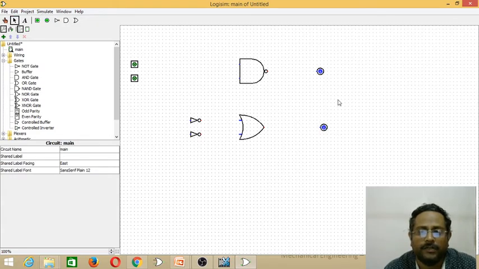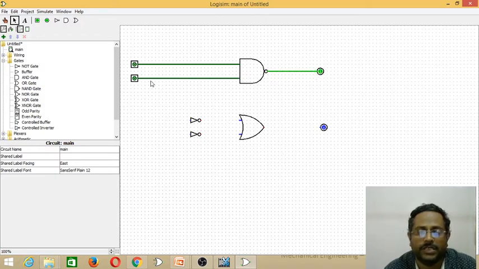Next, after placing all these components, we have to wire them. For wiring, just drag the green color dot which is available on each component like this. Like this, we can connect input component to gate and gate to output component.